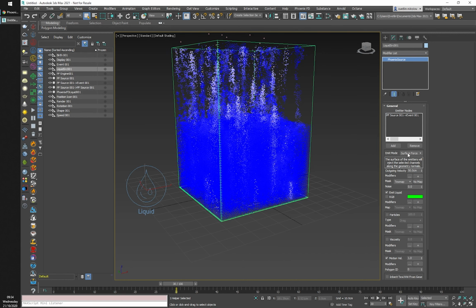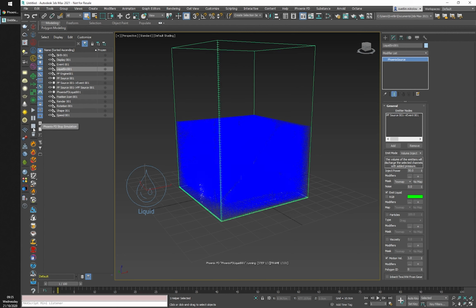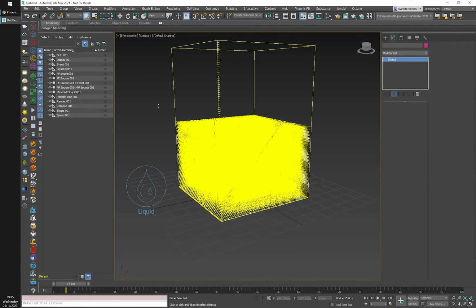So I'm going to have to do a couple of changes. The first thing is to switch the source to volume inject mode. This is the pressure creating mode of the Phoenix source. And another thing, let me just pause the simulation right now, and